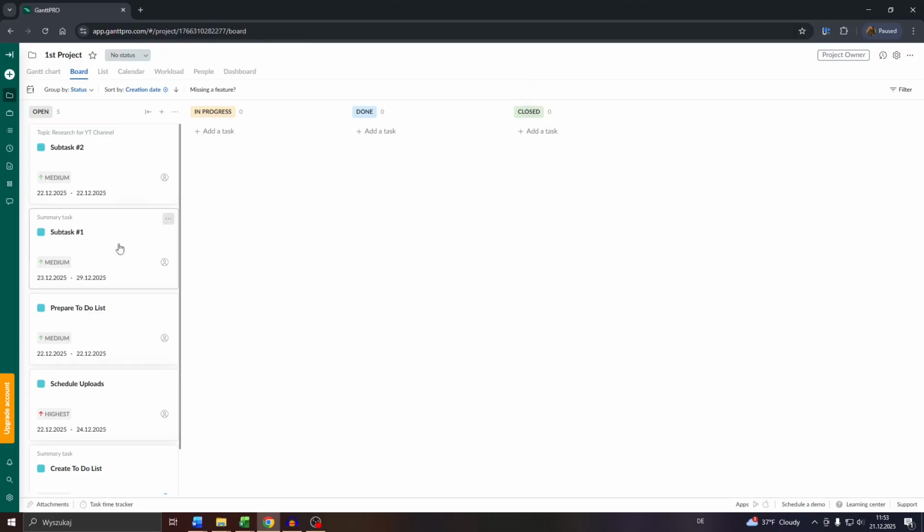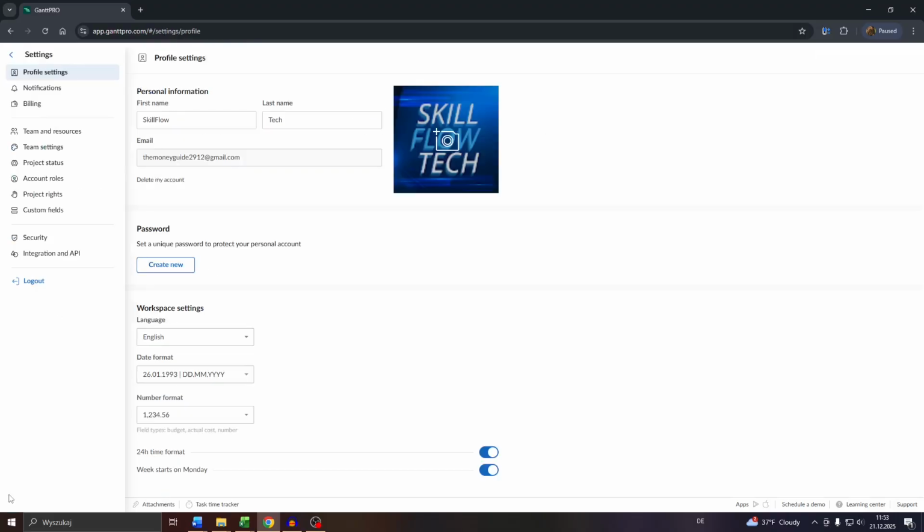To do that, click into the gear icon in the bottom right, select profile settings in the top left, and here at the bottom of that menu you will see the date format as well as the number format, and below that also the option to enable or disable the 24-hour time format. So if you'd like to change to 12, turn it off, and you will see these changes will be applied